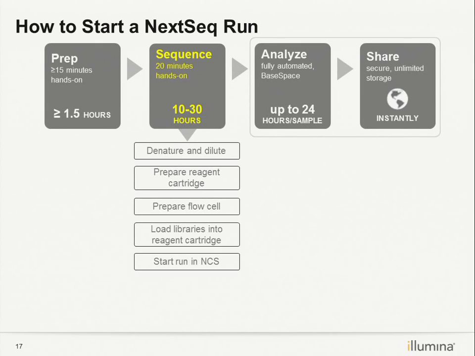So after preparing the library, we come back and denature the library with sodium hydroxide. After the denaturation, we neutralize it with the Twist HCl buffer. This is trying to minimize the effect of sodium hydroxide. The target is that the final ready-to-load library has a sodium hydroxide concentration of less than 1 millimolar, because if the sodium hydroxide concentration is too high, it will affect your clustering efficiency because it's